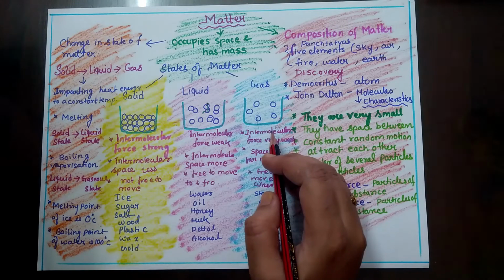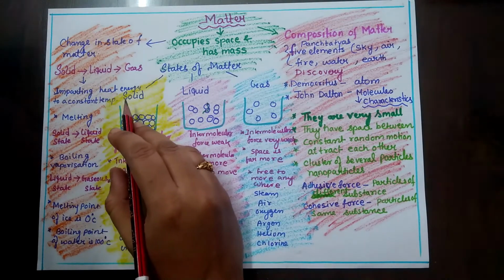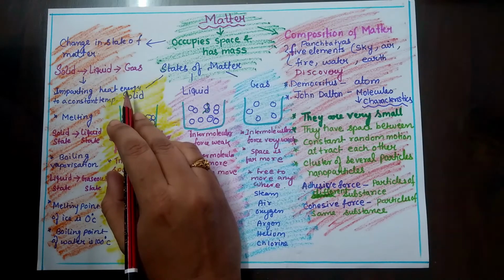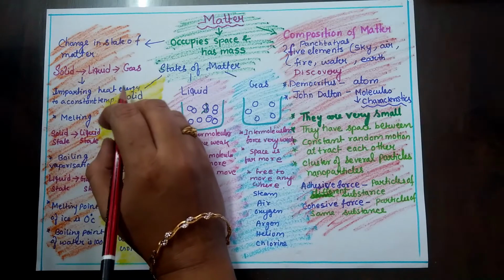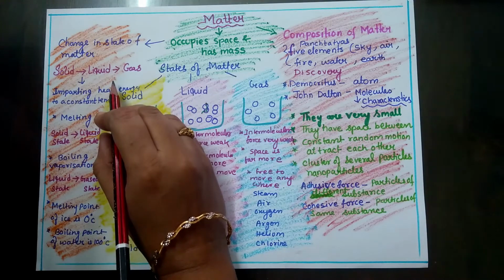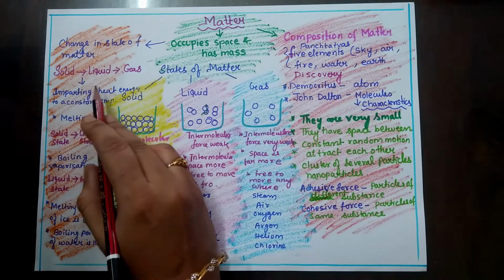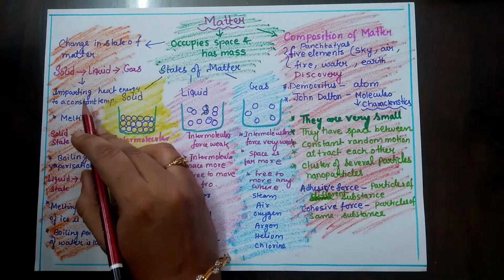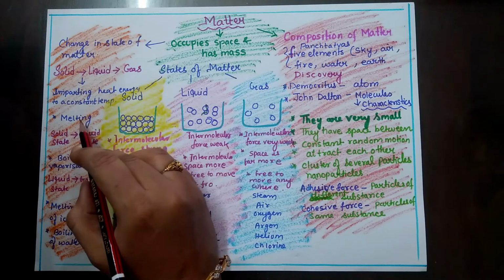Now let's talk about the changes in the states of matter. Changes in the state of matter of a substance from solid to liquid or from a liquid to a gas is brought about by imparting heat energy at constant temperature. Now the first change can be from a solid state to a liquid state. This process of change of a substance from a solid state to a liquid state on absorption of heat at